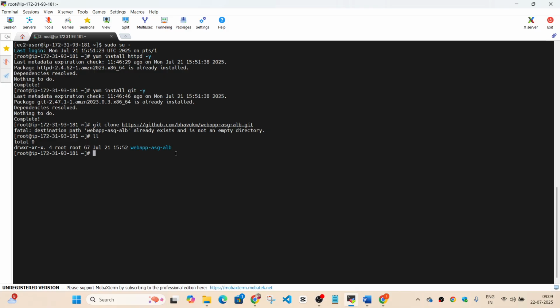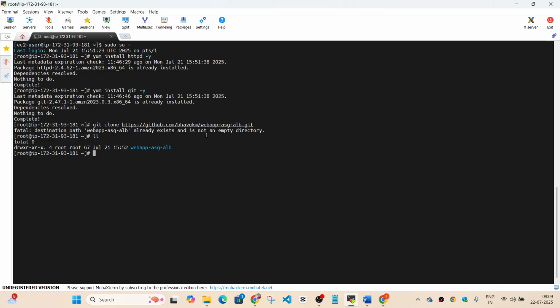So Tej and others, what I'm trying to do here is I installed one package called Git. Git is a tool which can be used to interact with remote repositories from all the platforms. Here I'm taking the example of this GitHub repo, but it can be any repo. It can be in GitLab or some other platform like Bitbucket. We have these different platforms where you can keep your application code and all the files related to a particular application.